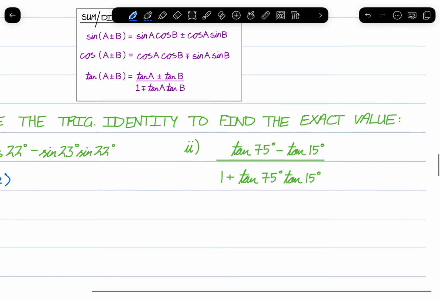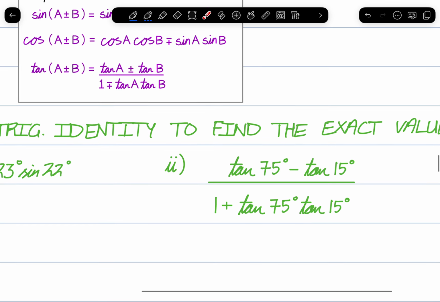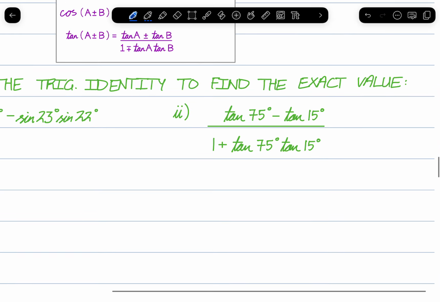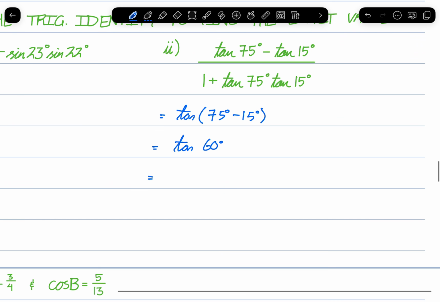So let's go with the next one. This one's very obviously going to be tan, but if you pay close attention to the pattern here, plus minus, plus minus. Since we have minus here, we must be using the tan of A minus B. So this is tan of 75 degrees minus 15 degrees, which is tan 60 degrees, which from our exact trig ratios is going to be